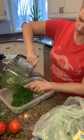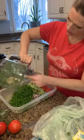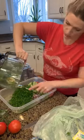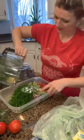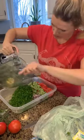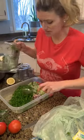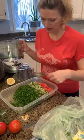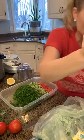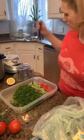And then what we'll do is just eat this all week. What goes really well with a tabbouleh salad is kebabs or just like a grilled meat, because you have a wonderful salad to accompany a nice protein. Okay, so now